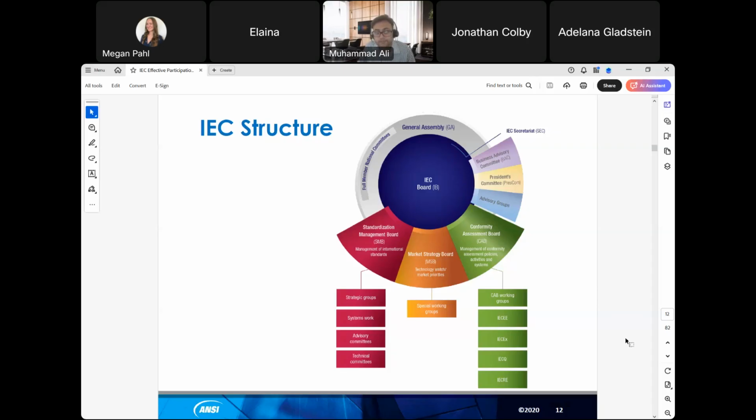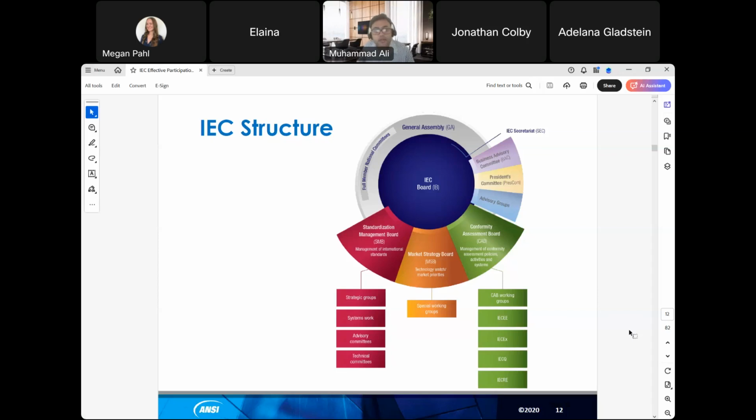And then the board may establish from time to time specific advisory groups to address matters that are not addressed by other bodies, or to provide advice to the board on a specific matter. Then we have as well, if you look at the bottom of the IEC board circle, the Standardization Management Board. The Standardization Management Board is really the main one that manages all the technical standardization work of the commission. So a very important body within the entire IEC is the Standardization Management Board, or as we call it,